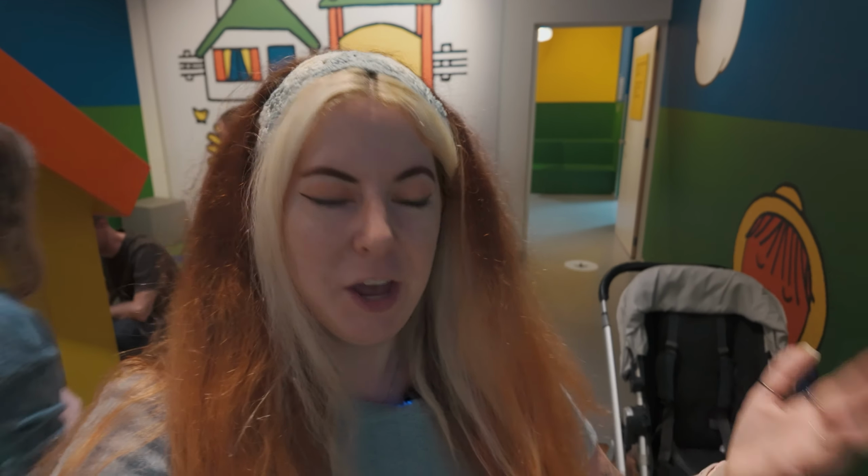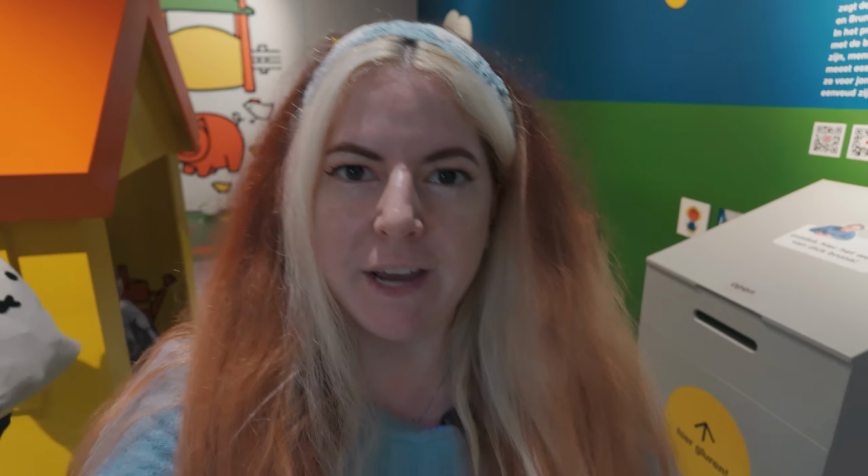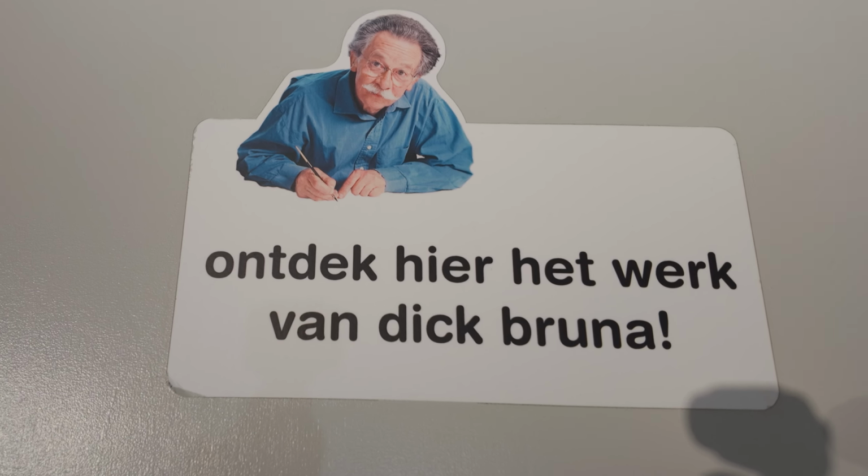So it is quite interesting to get to see some other work by Dick Bruna instead of just Miffy. Even though this is the Nijntje Museum, they still have other illustrations by him. So it is cool to see that, because at Centraal they mainly just had the studio recreation, whereas here it's obviously for children, but you can still see some art. And if you have kids, they can interact with it. Speaking of our boy,